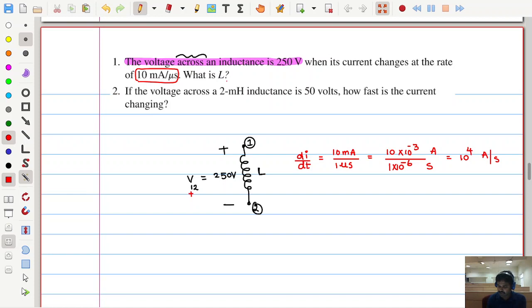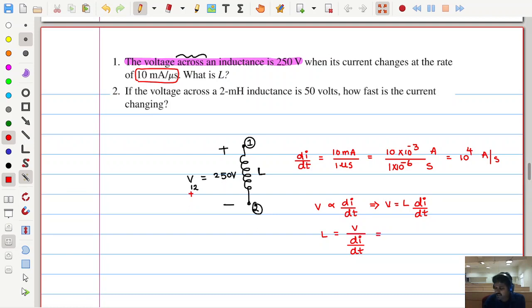Inductance L. So how can we get it? We have seen the relation for the inductor: V is proportional to, let me write the original relationship, the voltage developed across the inductor is proportional to the rate of change of the current. This proportionality constant we call inductance L, into di by dt. Now everything is given. So we need to determine L is equal to V by the rate of change of current.